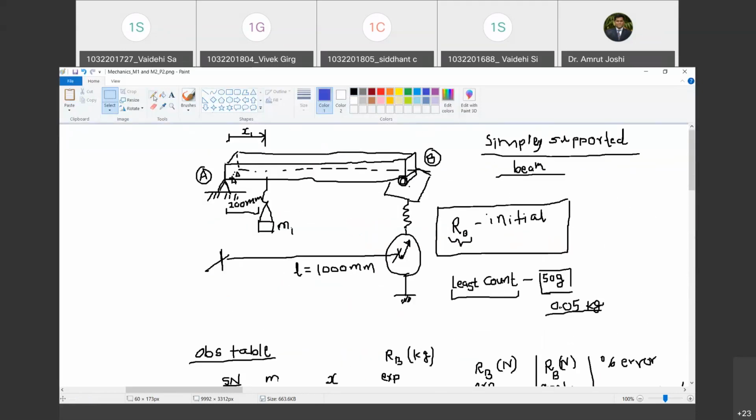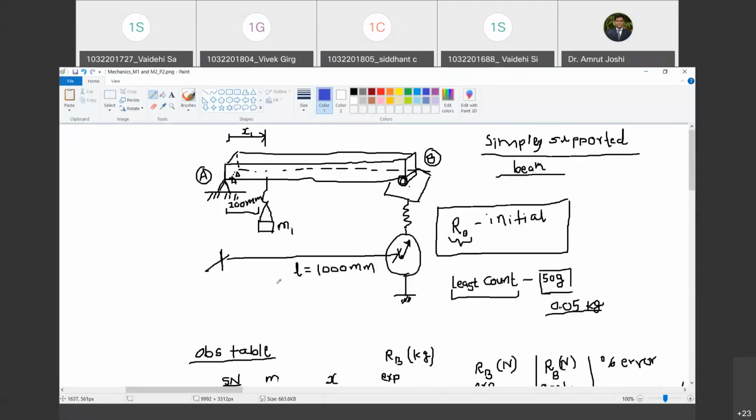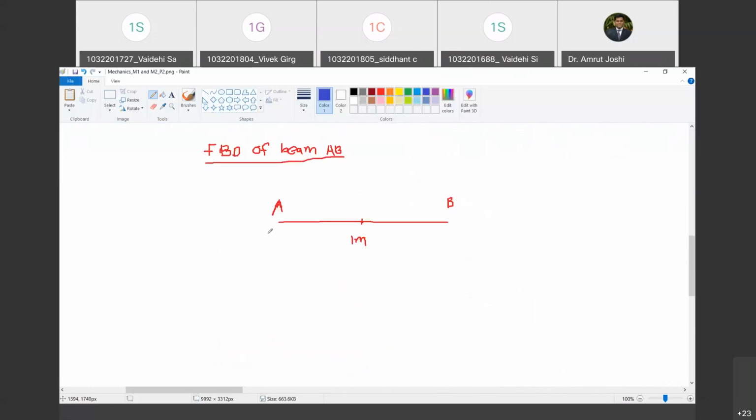What else is external to this beam? Tell me. Is hinge support at A external? Yes, it is external. So I free the body from hinge support. So I have not shown any hinge support here. But now I must show what the hinge support must have been doing. So can you tell me what does hinge support do? It changes the center of mass. No. It offers reactions. How many reactions can a hinge support offer? Only two orthogonal reactions. Are you with me?